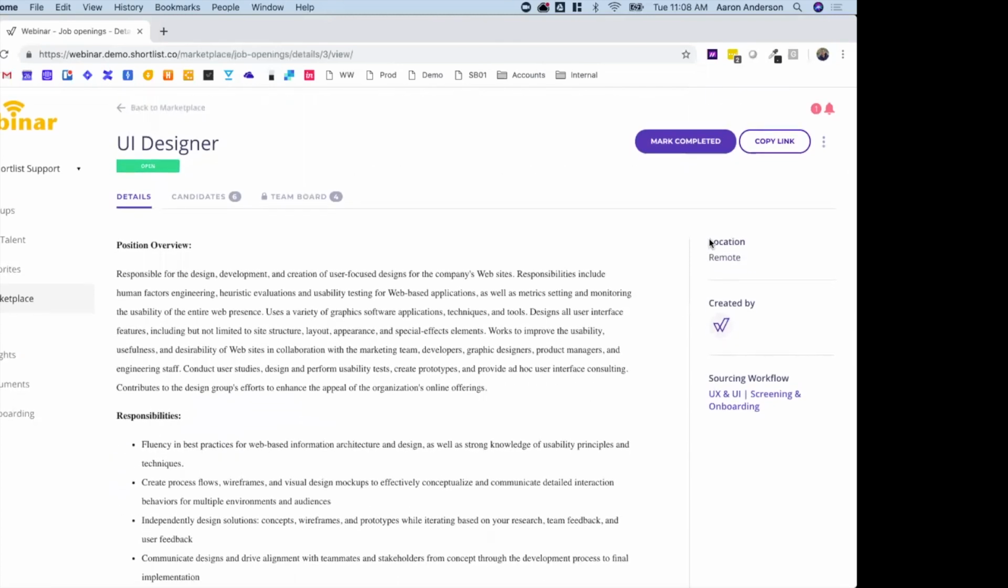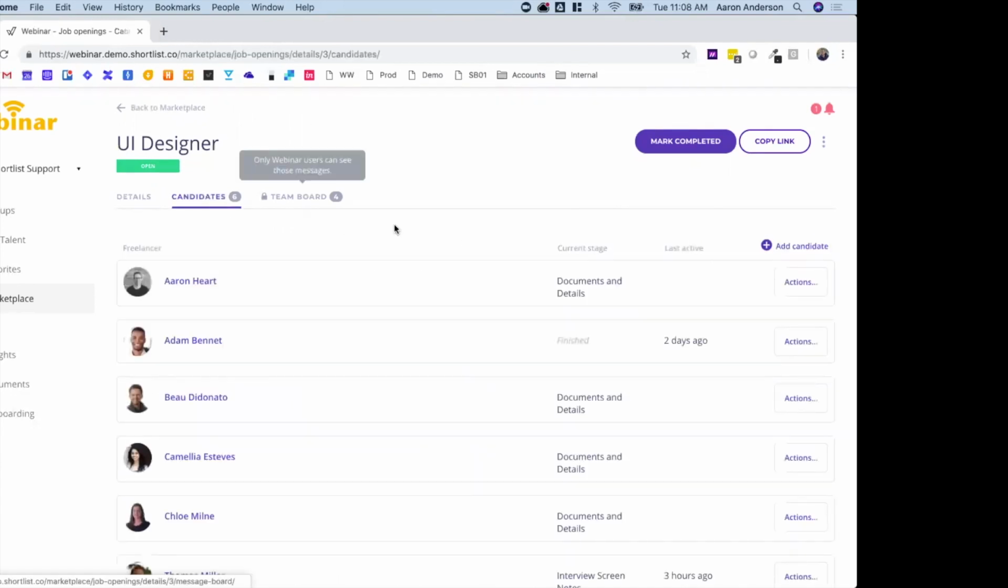On the right-hand side, we have the location. So we've defined this one as remote. We can see who it was created by, and we can see the onboarding and sourcing workflow that it's attached to as well. In the candidates tab, I can see the full list of candidates that have applied for this